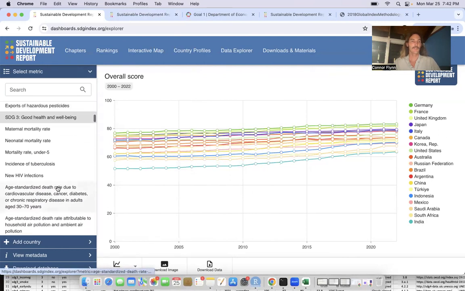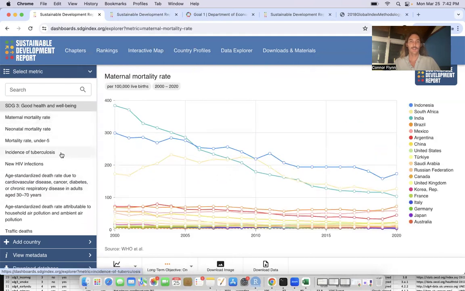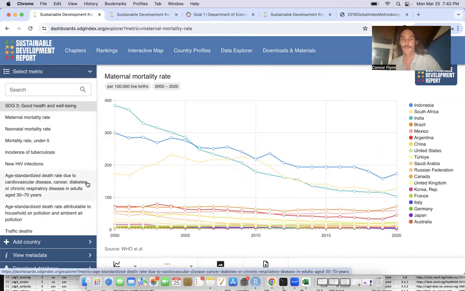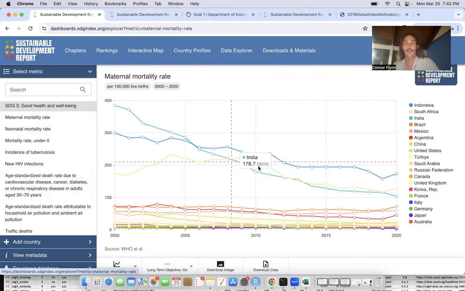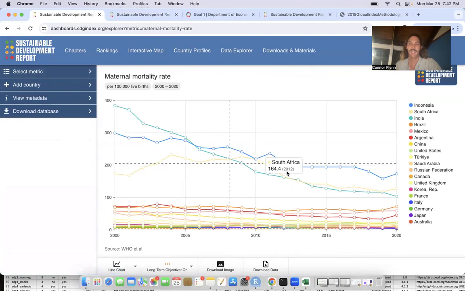Since we've looked at SDG 7, maybe let's look at SDG 3. So this is maternal mortality rates. So per 100,000 live births, what are the maternal mortality rates? And we see lots of dropping rates here, right? Which is a good thing. If we wanted to look for a select or specific country, we could always do that and add it to this line chart and see how it's comparing to the pre-selected countries. They also have